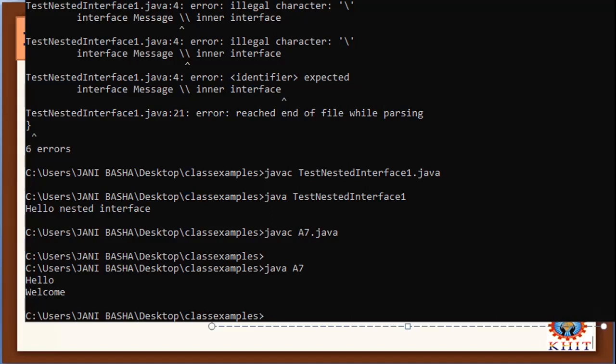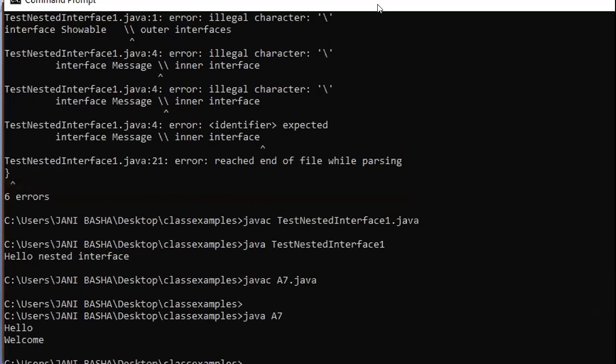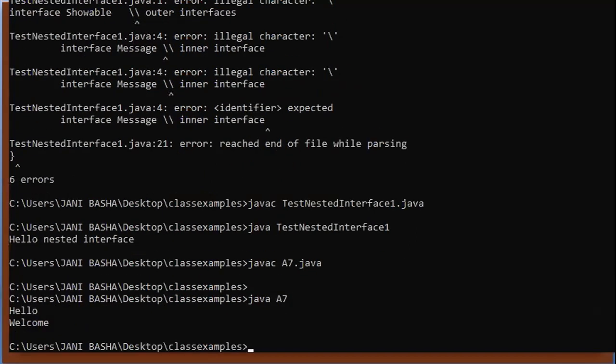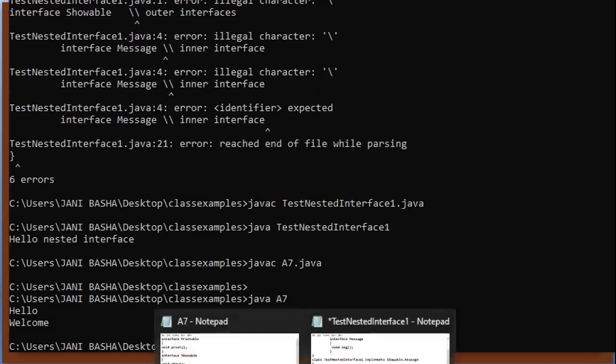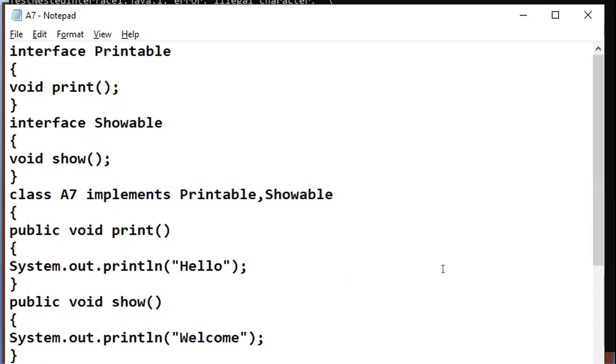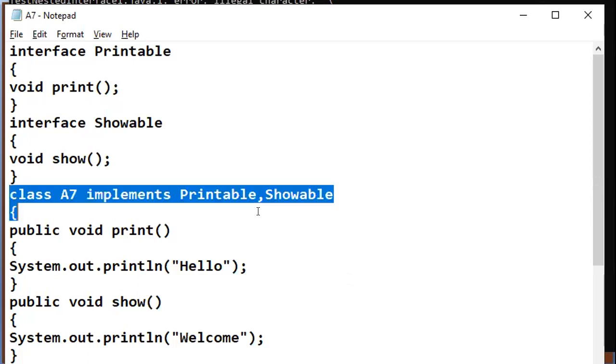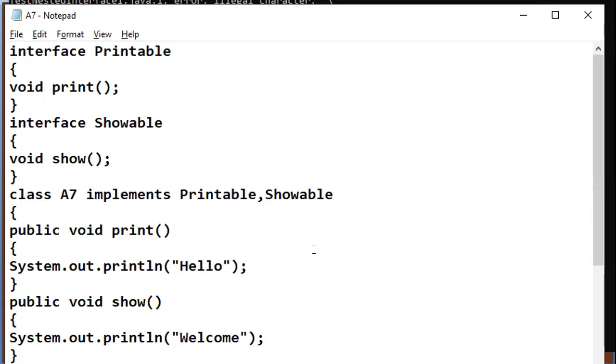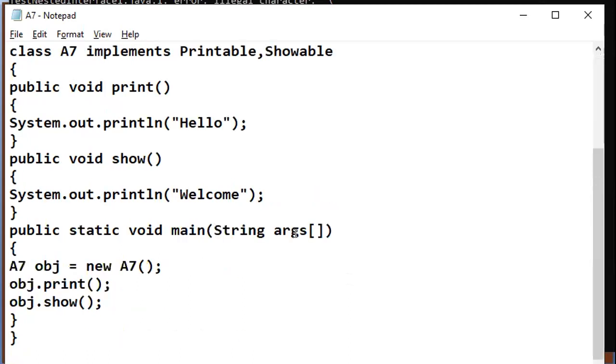So the only thing is, if you have two interfaces in your program, you just apply those interfaces to your class, stating that the two interfaces are separated with commas. Okay, so this is the statement exactly you need to write here. You need to observe that two interfaces can be separated with a comma. Like that, if you have any number of interfaces, those can be separated with commas. Right.